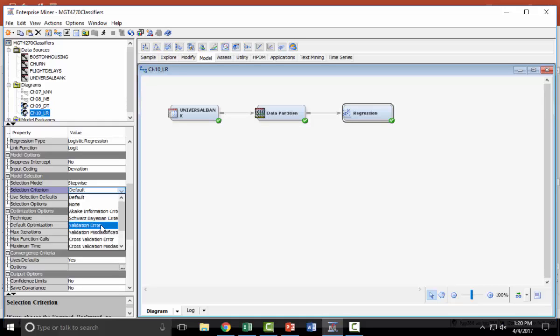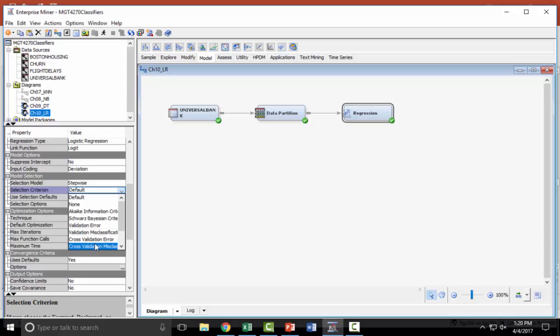If you want the misclassification to be minimized, you can select that. If you select validation misclassification, then that is the one that will be used for model building in the stepwise. You'll use the maximum likelihood to find estimates, but for selecting variables, it will be based on